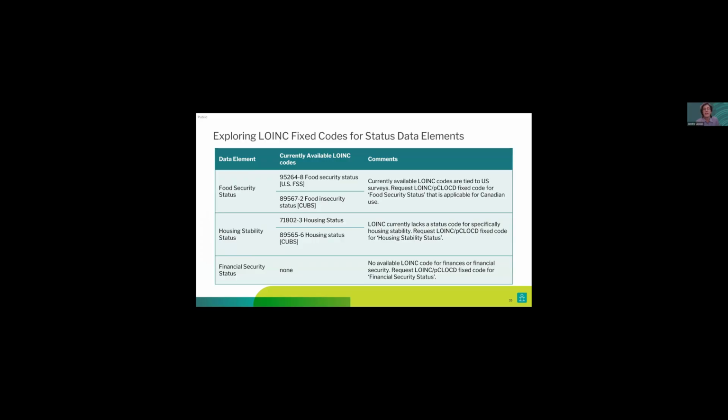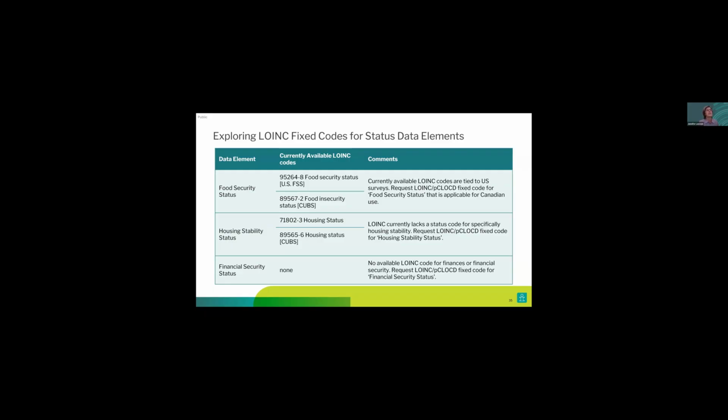Another use of LOINC occurs with the use of fixed codes that help anchor data elements, especially as they are translated to observation profiles within HL7 FHIR. This slide shows some of the work to date on finding an appropriate LOINC code to represent some of the ESTO data elements. For food security status, the current available codes are tied to a US food security survey, and